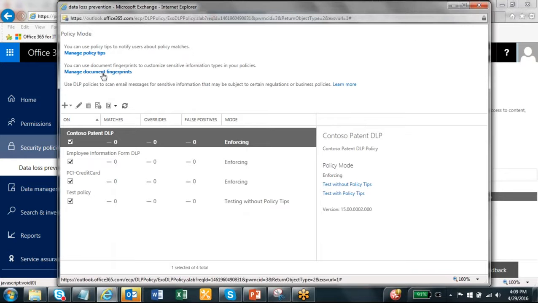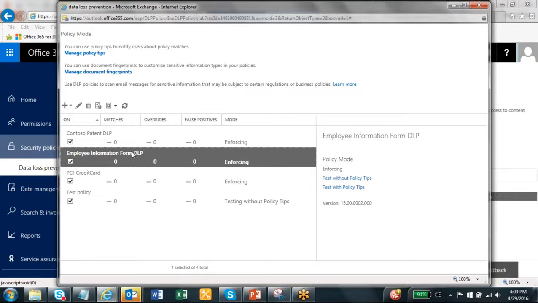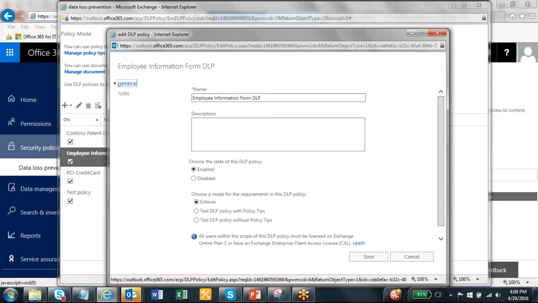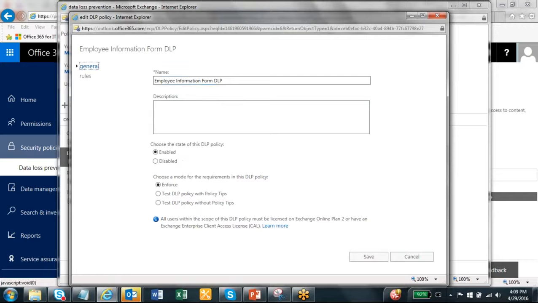So these things I configured, and then I actually created a policy here by clicking plus. So I created a policy, employee information form DLP, okay, and I'm enforcing it. So let's see the detail of this policy that I created. I double click this. So here this is the name of the policy, and this is a description of the